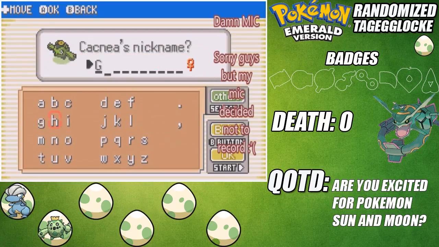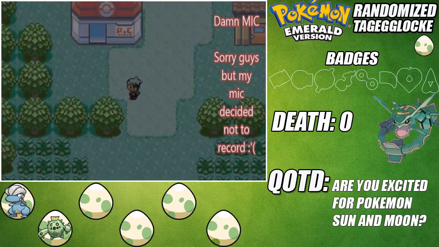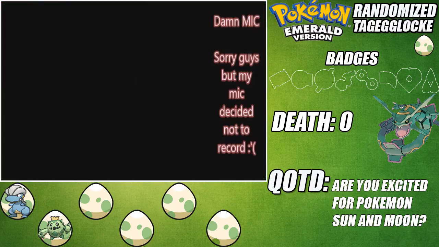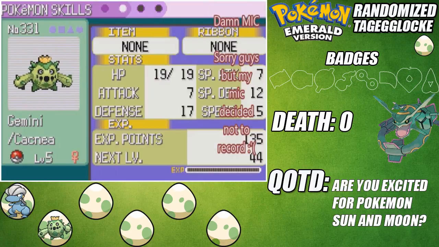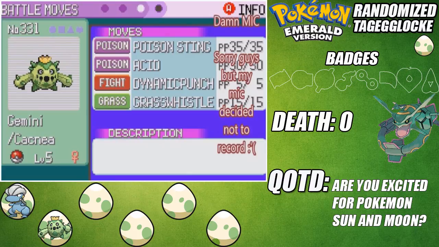Cacnea, so I end up settling on the name Gemini, which is, if you watch Fairy Tail, or even if you know your zodiac signs, it's the twins. In Fairy Tail they can transform, so I'm thinking Gemini, I don't know if it fits that or not, but I think it would be more like Ditto. Gemini would fit more like Ditto, or even Mew with a transform, or even an imposter with Zoroark. But anyway,